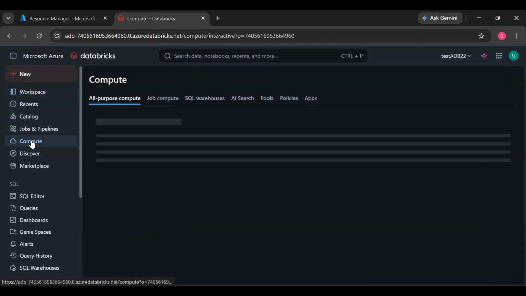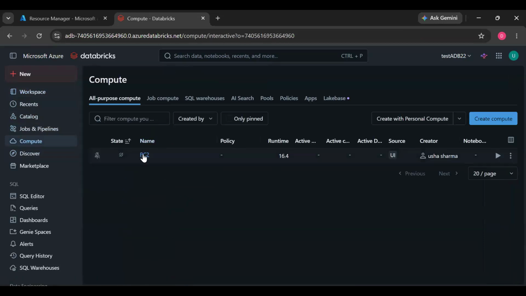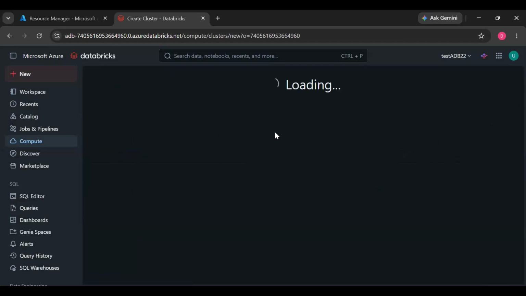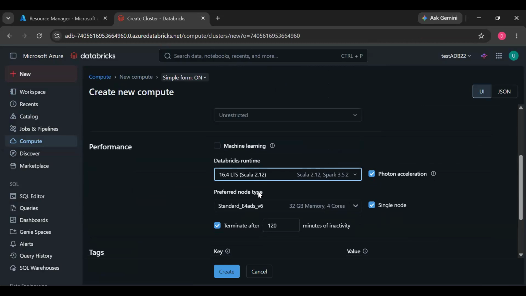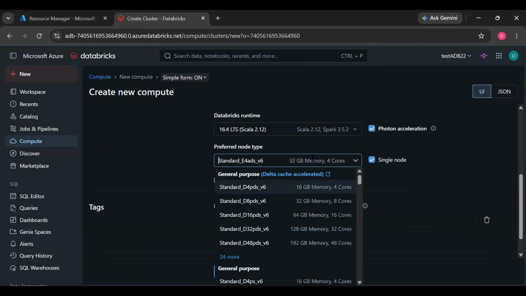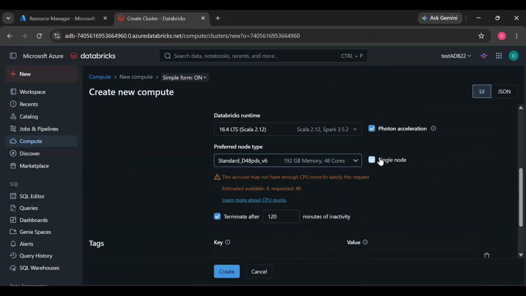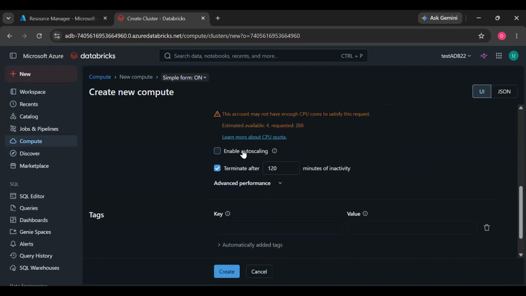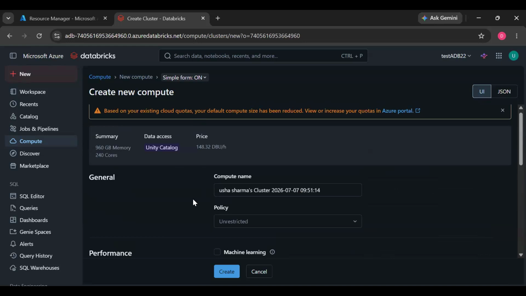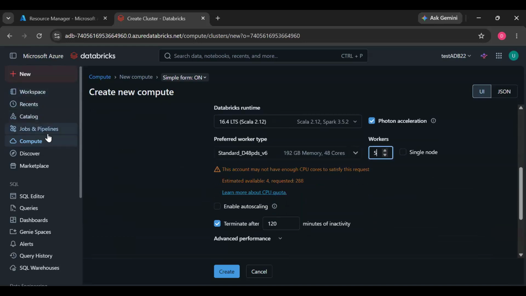Compute is nothing but your cluster. Here is the place where we create clusters, with 32 GB or 16 GB memory depending on need, single node, and you can say how many workers are needed.